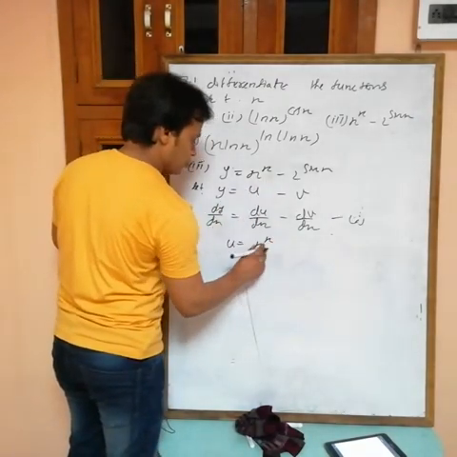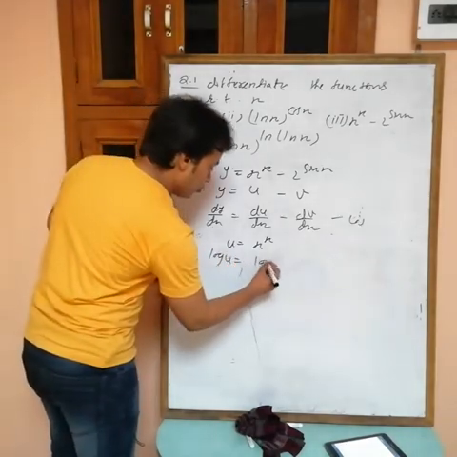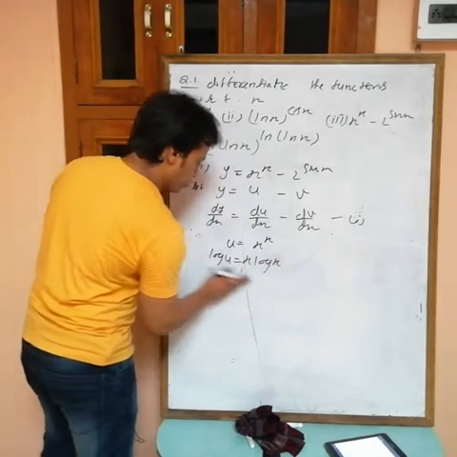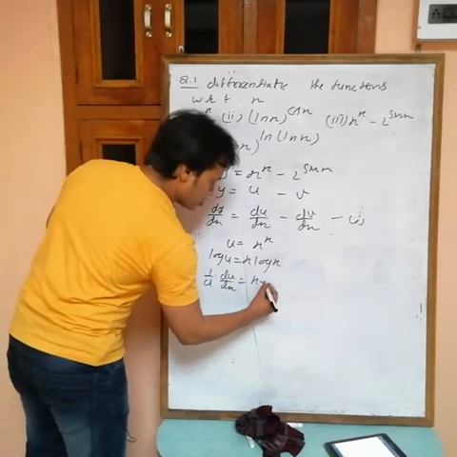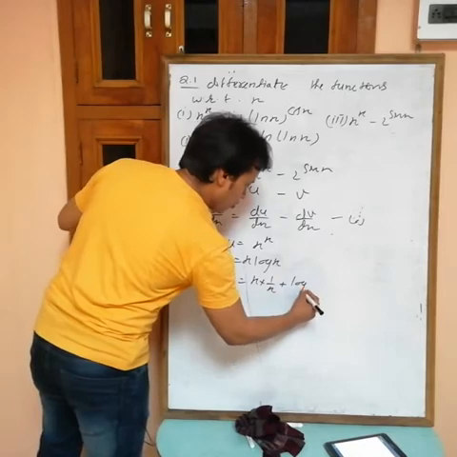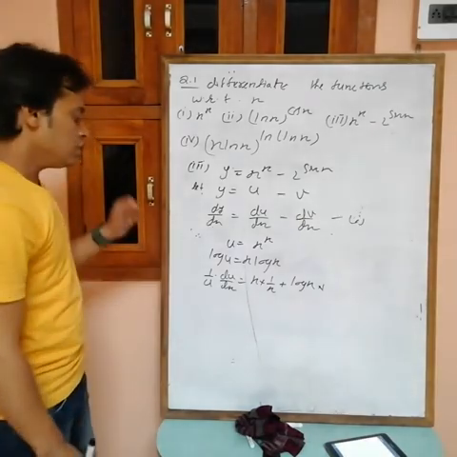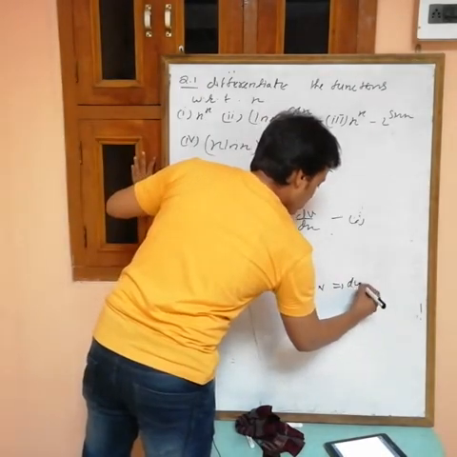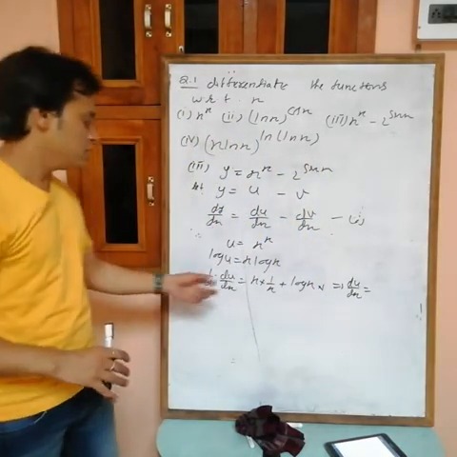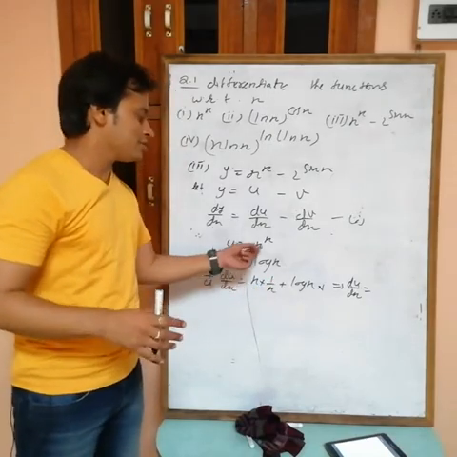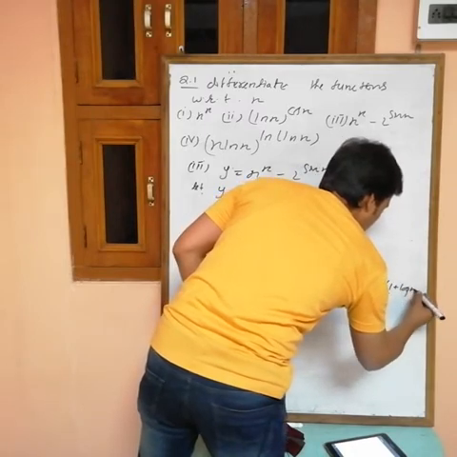So u is x power x. What we want, du by dx. Take log u, log x power x, x in product, differentiate: 1 by u, derivative of u is du by dx. x constant, differentiation of log x is 1 by x, then log x constant, differentiation of x is 1. Now what do you want, du by dx. From this one, if you find du by dx, then cancel out 1 plus log x, multiply u, u is x power x. So what you will get, x power x into 1 plus log x.